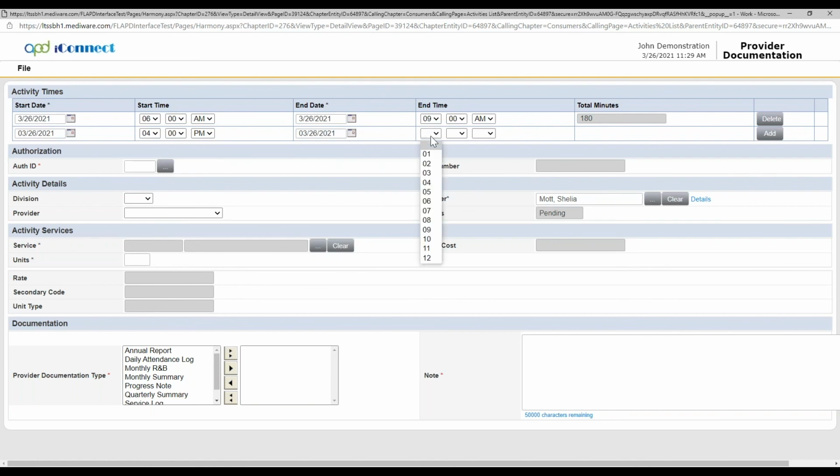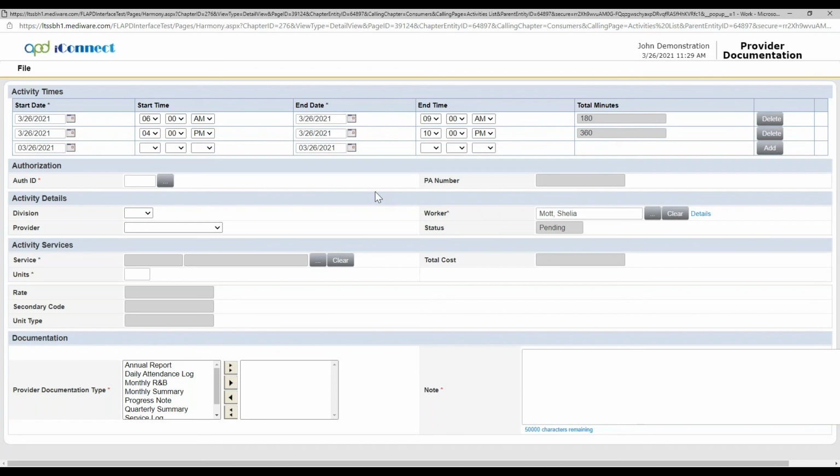And we do have this information on our website, just so you guys know that we've done these demos and we've recorded them. So they are on the website as well. I do encourage you to use the library. And so you see, we've got 2 times for today. We've got 6 a.m. to 9 a.m., 4 p.m. to 10 p.m. And even if it's 2 different people that work the shift, as long as it's in pending status,